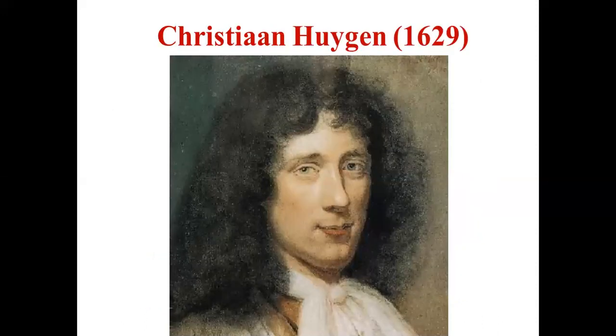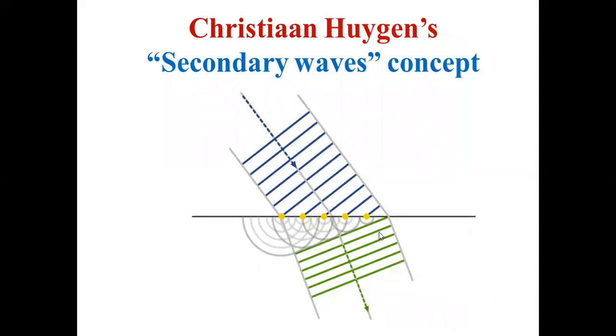Okay, what did Christian Huygens say? According to his theory, light has a primary source. Any primary source of light emits its own waves, and when those waves move in a particular direction, some points in the path of the light will be in phase, and these in-phase points, when they are collected together, we get a wavefront, and so on and so forth. We will go deep into this. First of all, we will see what theory was given by which scientist, and then we will go to Huygens' theory in detail. Now, Christian Huygens' theory of secondary waves.